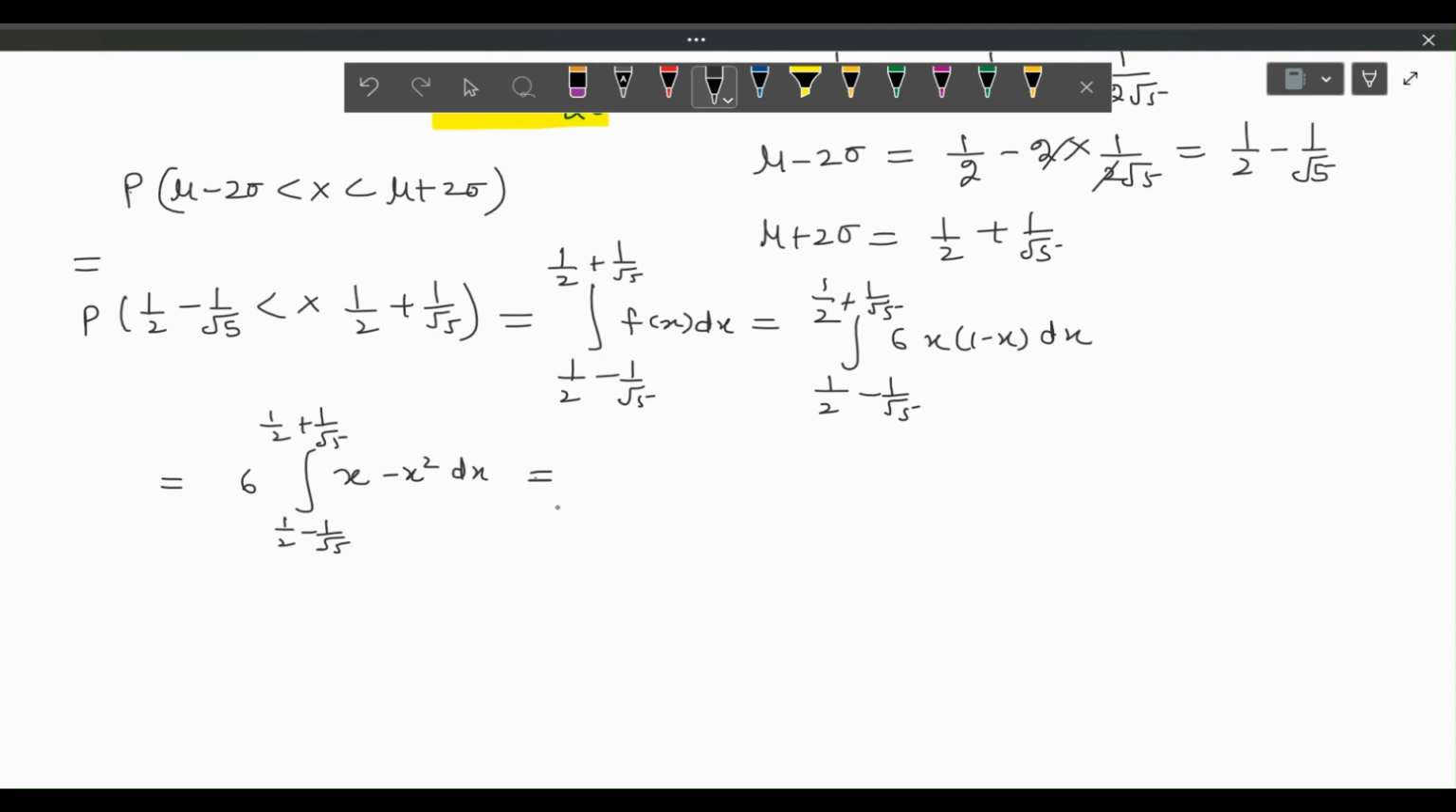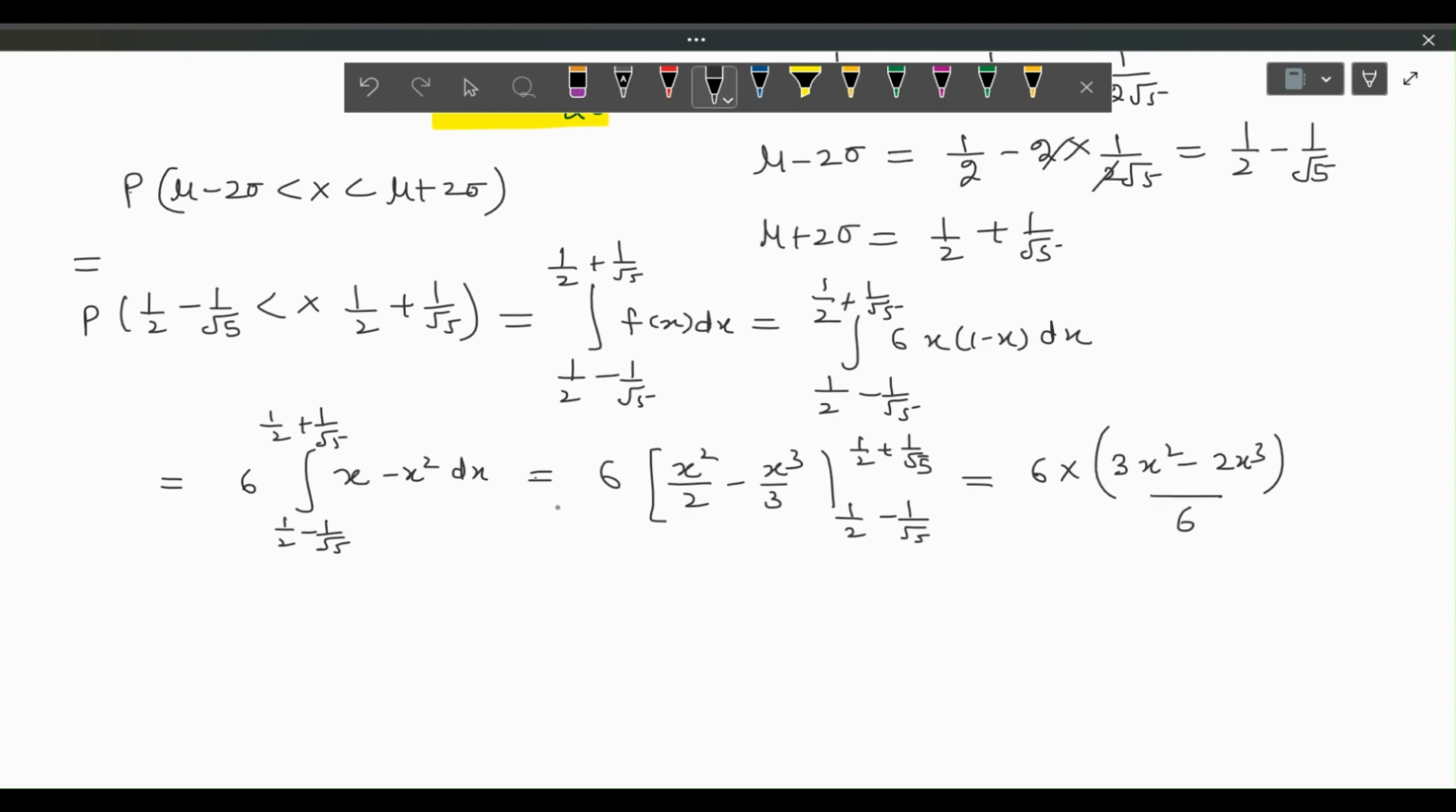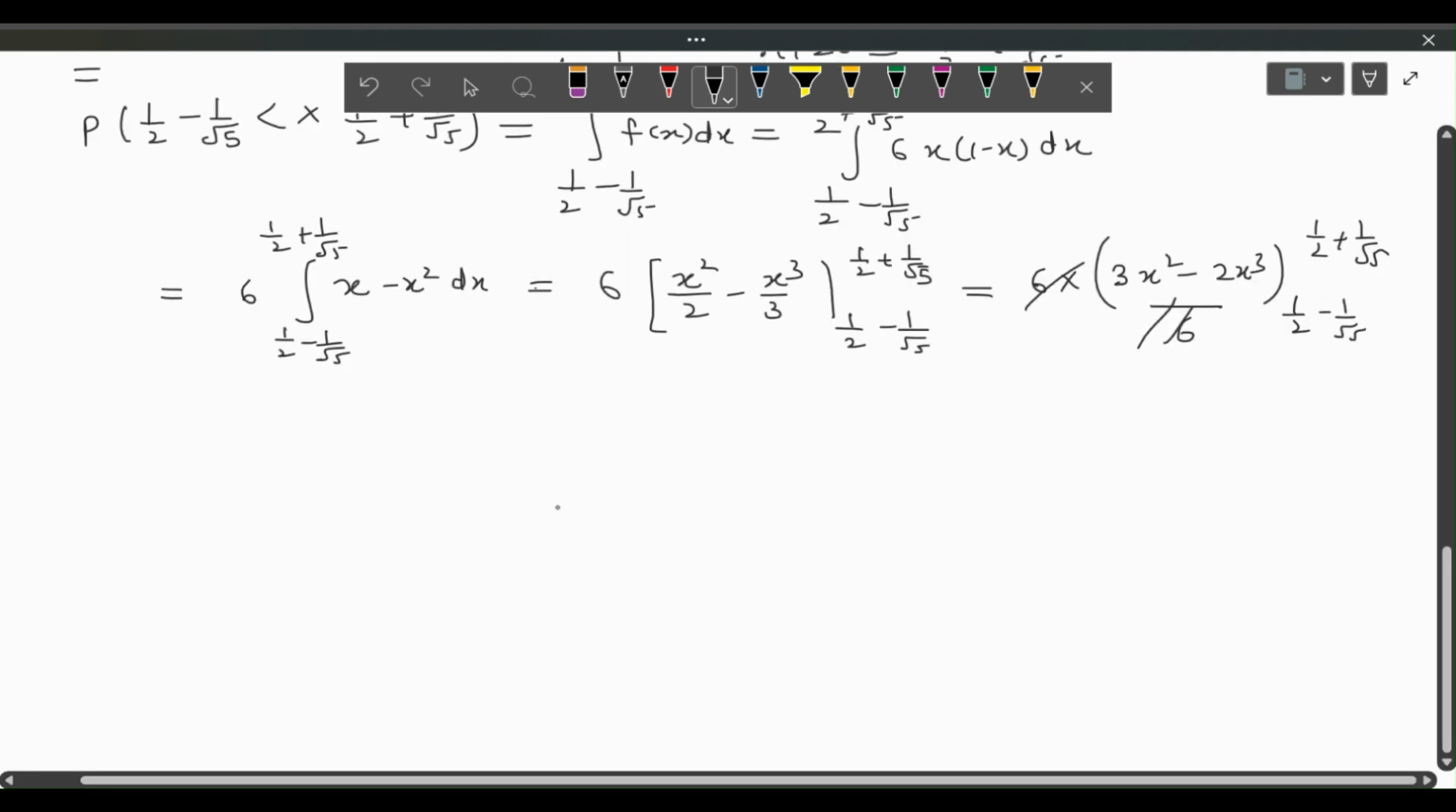Integrate it. 6 times (x square by 2 minus x cube by 3), after simplifying it by taking LCM, so 6 times (3x square minus 2x cube) divided by 6, with lower limit 1/2 minus 1/√5 and upper limit 1/2 plus 1/√5. The 6 cancels with the 6, and this probability is, I have to put